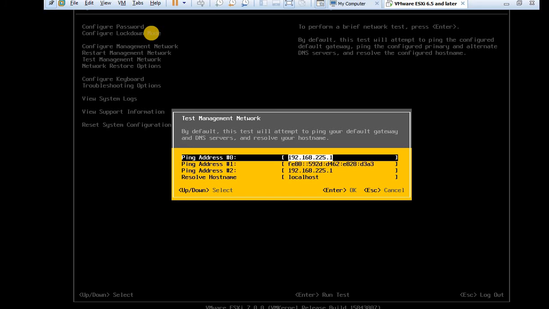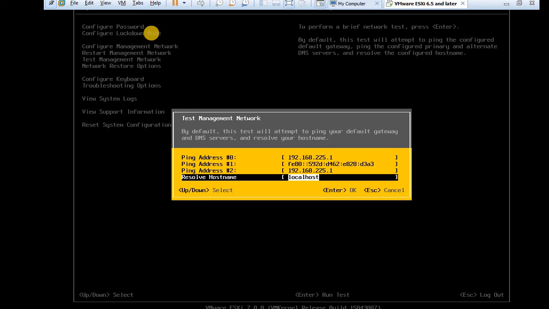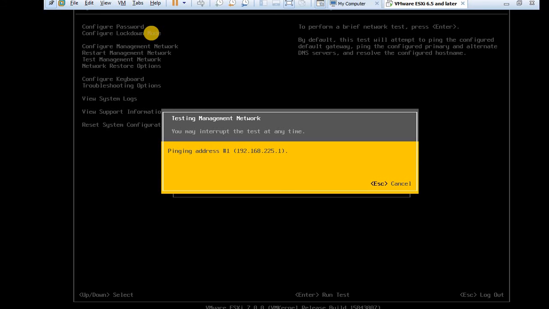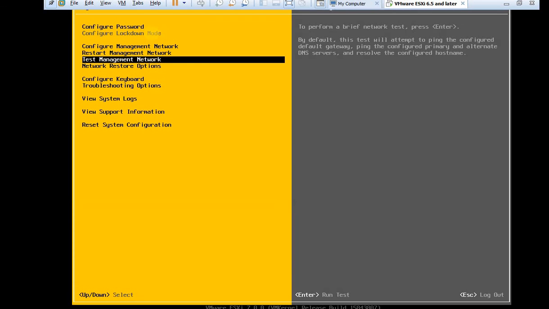It's automatically assigning the IP. To test the management network, first you enter and ping the address. It's okay, and secondly, we cross check the pinging status. Not an issue. Resolving hostname okay, pinging address okay.